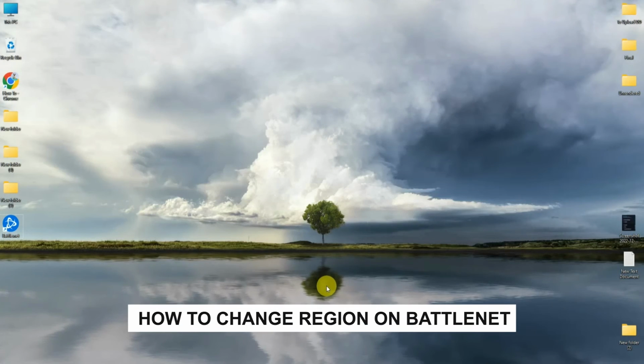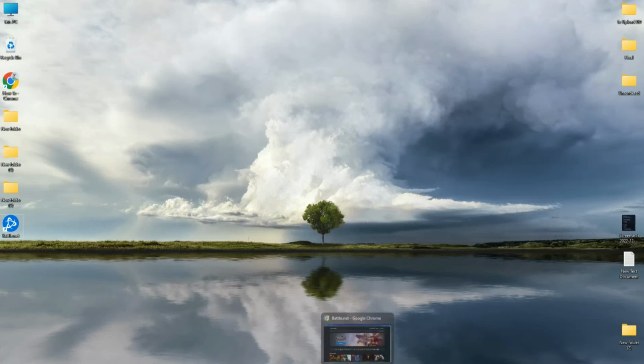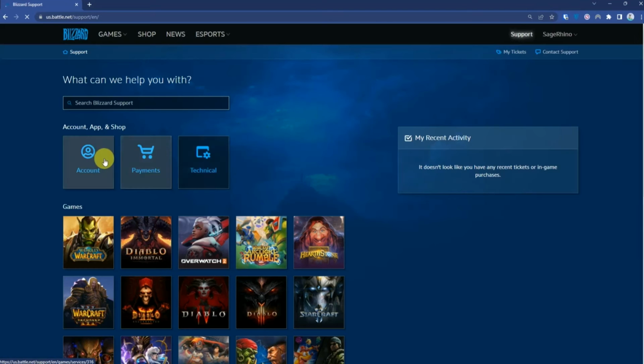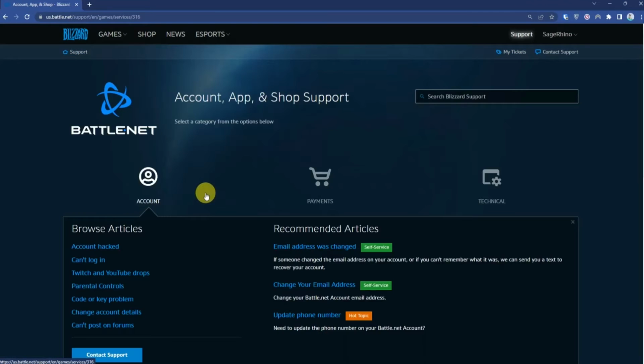region in BattleNet. So firstly what you have to do is just simply open up a web browser, then go to BattleNet, then click on support over here, then simply click on account over here, then just simply click contact support,